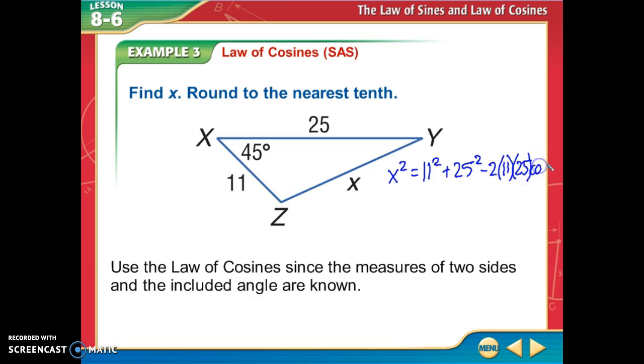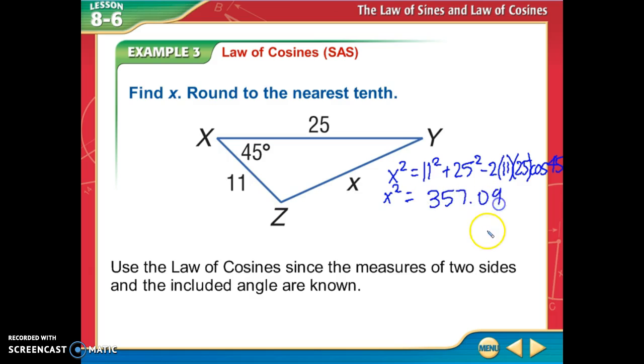Cosine, and we'll do 45. Hope you can see that. Cosine 45. Right, so then I have x squared equals, all of this I can type into my calculator just the way it's written. So you'll just type in 11 squared plus 25 squared minus 2 times 11 times 25 times cosine 45. And when you type all of that in, it simplifies to